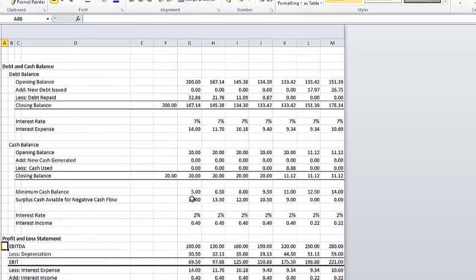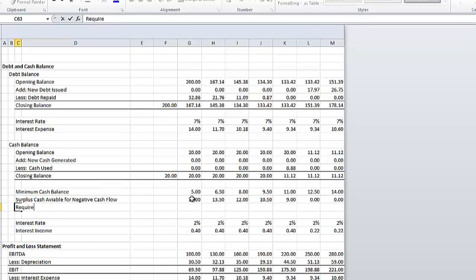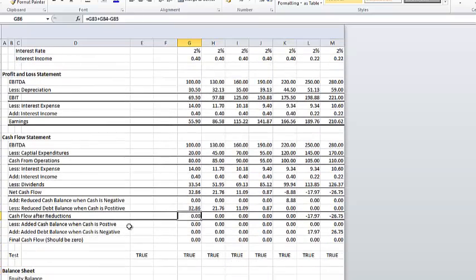Let's add one more item here, and we need to add one more item that says required additional cash, and our required, when we have the minimum cash minus the original cash, that's how much cash we have to put in. Now we'll make another maximum, make sure that that's not negative,